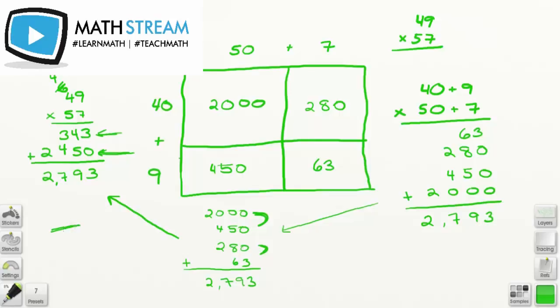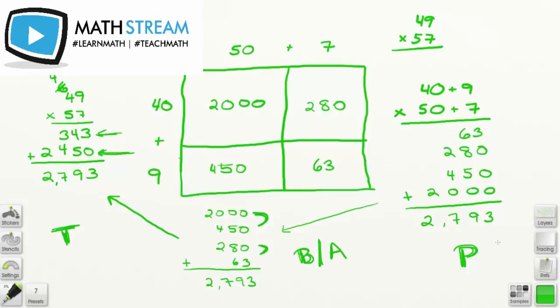So take a second to look at these three methods. We have the traditional method. I'm just going to put a T over here for traditional. We have the box or the area model method. Box or area method. And then we have what we call the partial products method over here on the right. All calculating the same operation on the same numbers, but using different levels of explanation, in a sense, to a student, using different strategies so that I can answer their questions when they ask,